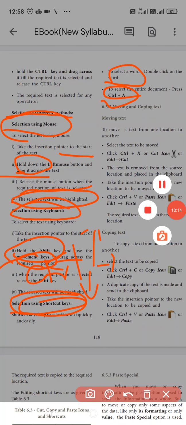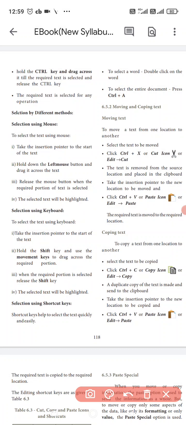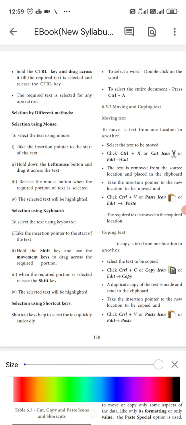Okay students, now I will teach you moving the text and copying the text. How to copy the text, and how to move the text.